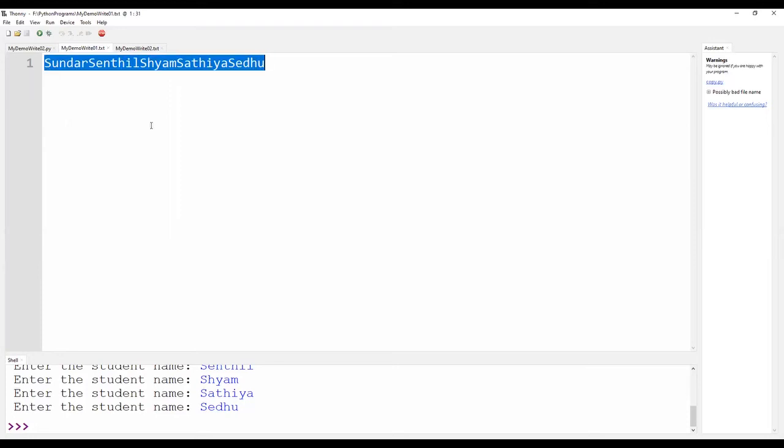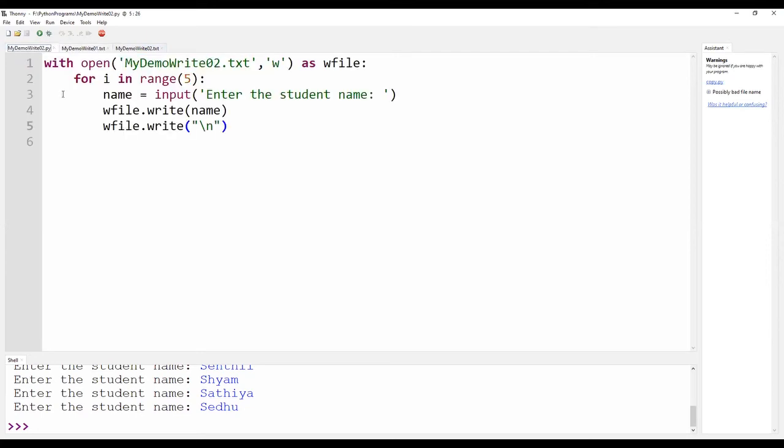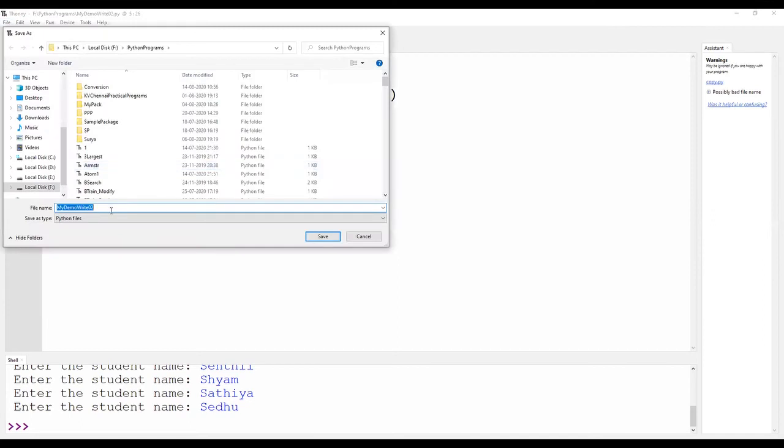So now let us use the other method, namely writelines. Here I am taking the same program. I am saving it in the name of write 3.